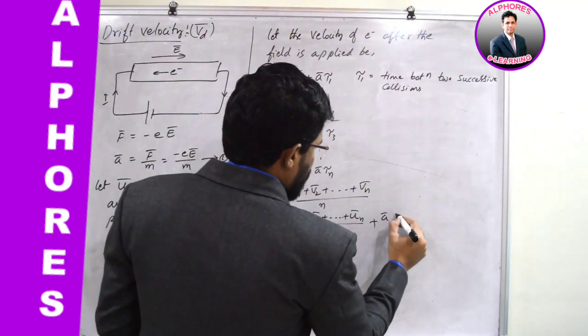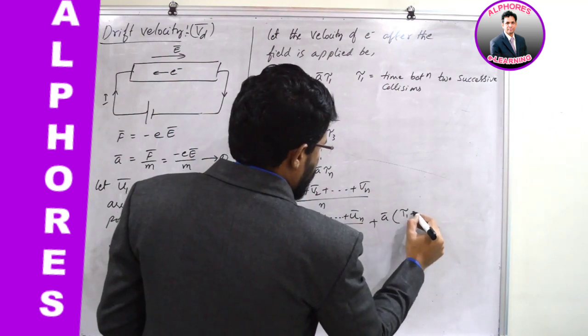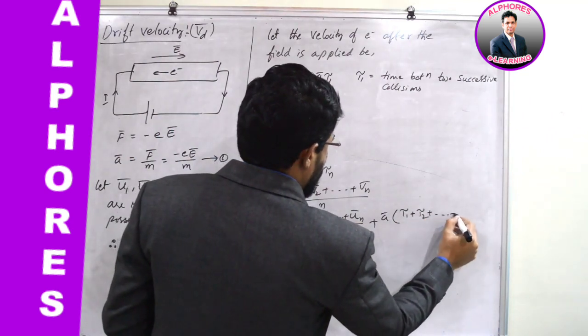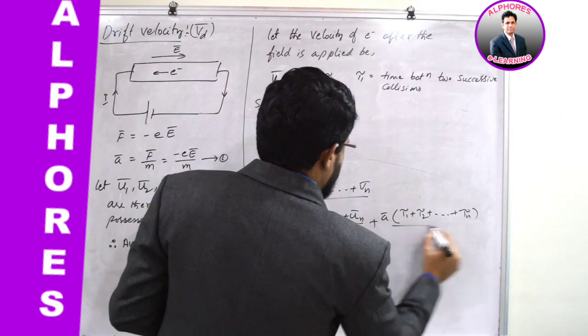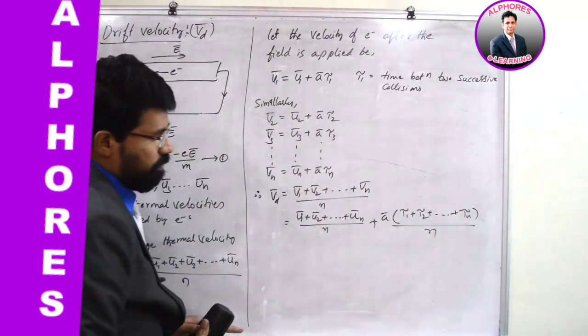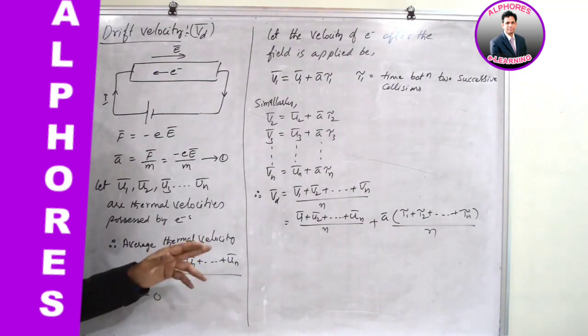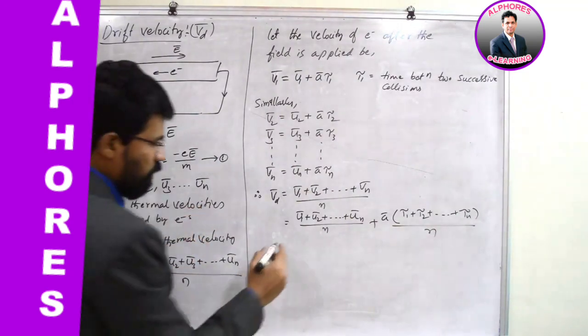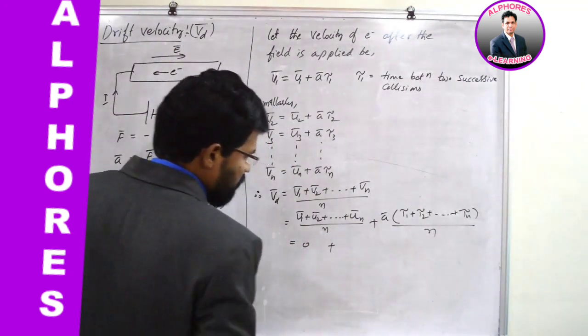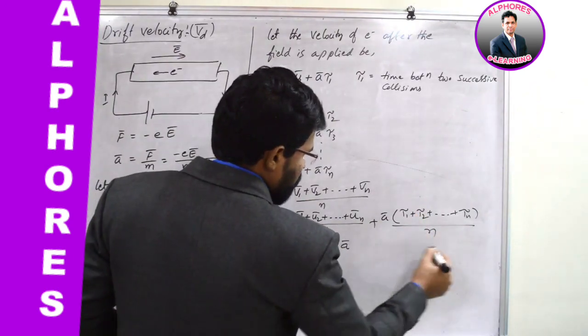So a bar into tau 1 plus tau 2 plus so on tau n divided by n. We have already made a conclusion: the average value of thermal velocities will be 0, plus a bar into,